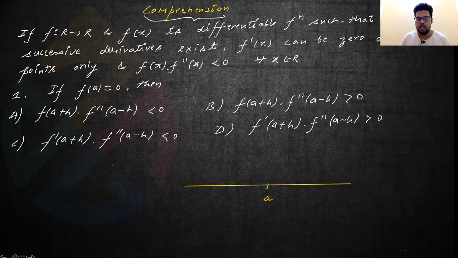So just understand this, that when you have the graph and let us say f(x) just before a, f(x) is negative, right? So when f(x) is negative, f double dash x has to be positive to make the product negative, right? So before a, if we are taking f(x) as negative, then f double dash x is positive, which means the curve is concave upward, right?